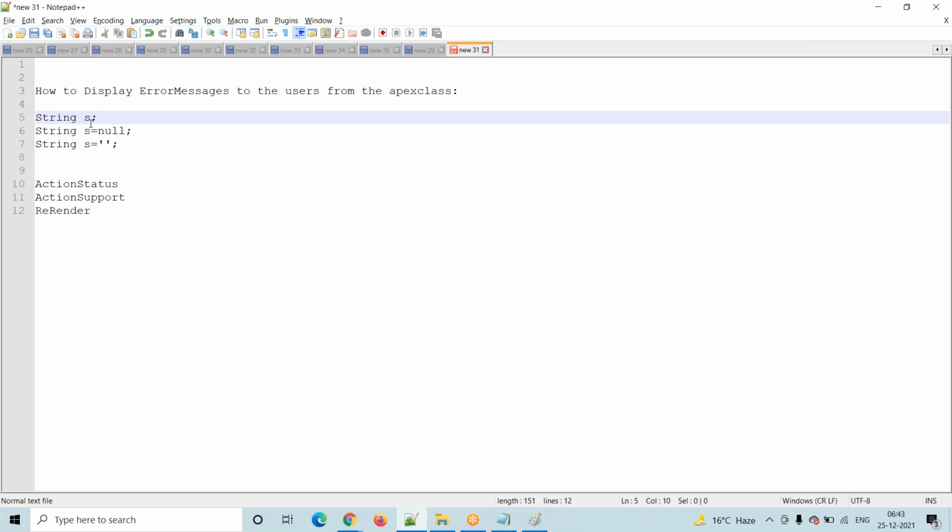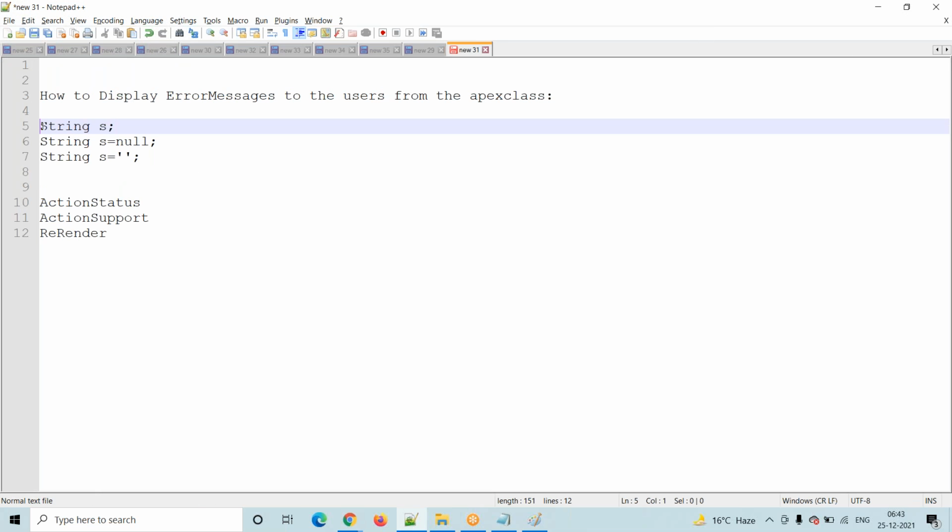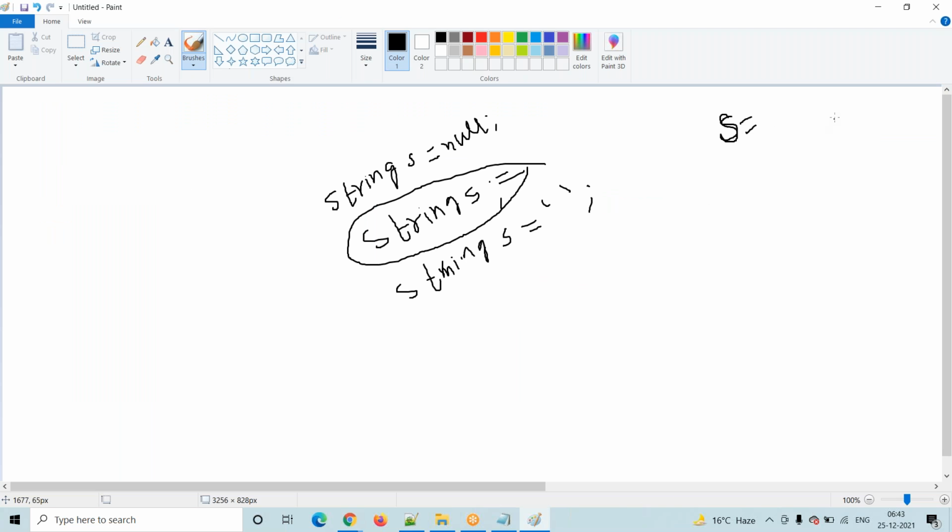We are declaring one variable whose name is s, but we are not assigning any value, so the system will take null. Null means nothing is allocated.